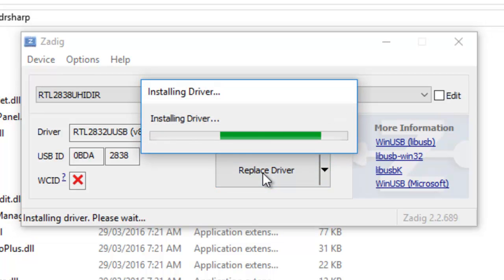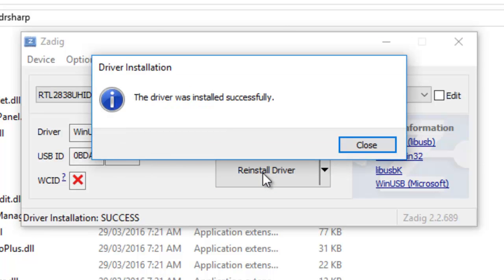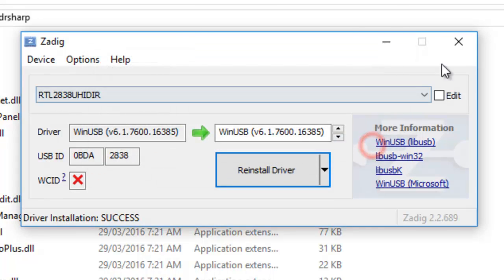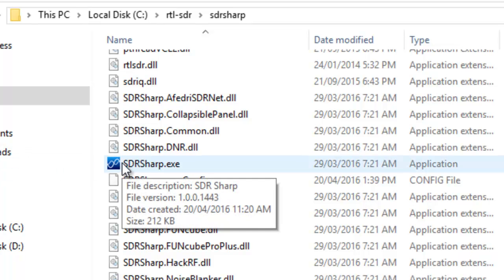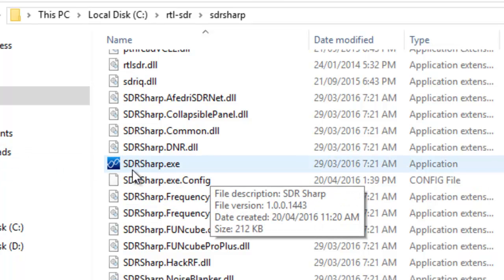and it says it's installing the driver. The driver was installed successfully. Now if it doesn't install successfully, what I suggest you do is close all the programs on your computer, shut down your computer, wait a few minutes, then restart it, and go through this process again. But in this case the driver was installed successfully. Okay, so now when I double click SDRSharp execute,